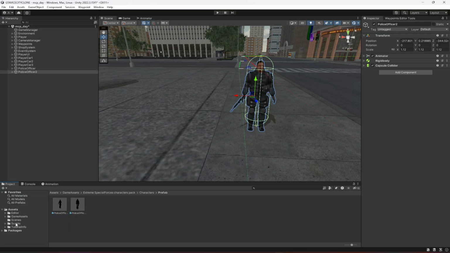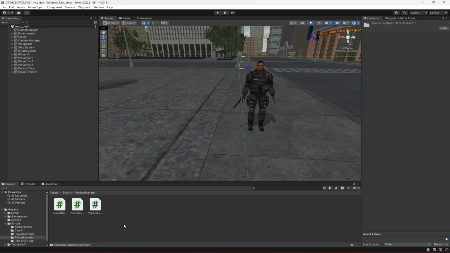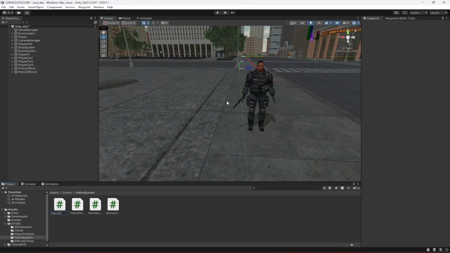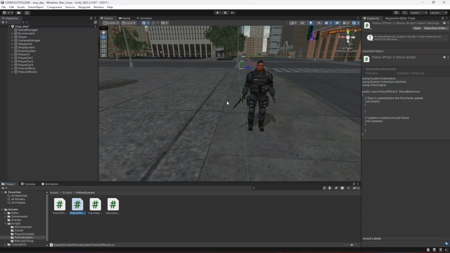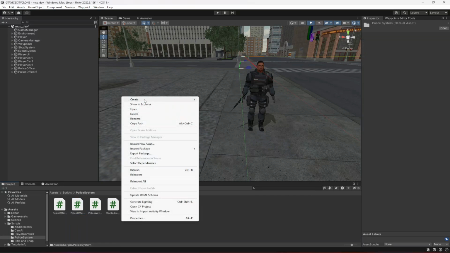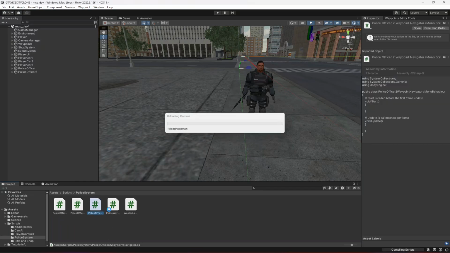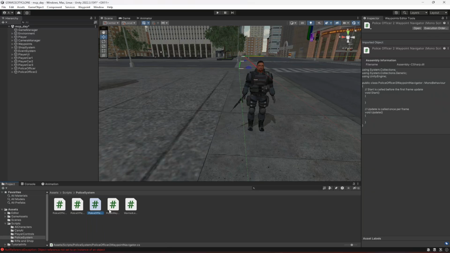So if we click on scripts, police system, right here, let's create a new C# script by the name of police officer 2. Then we can create one more which will be police officer 2 waypoint navigator. Okay, and you can also use the police officer script and the police officer navigator script, but the reason